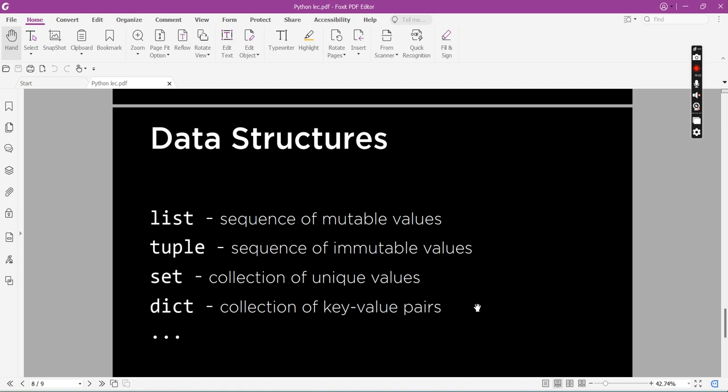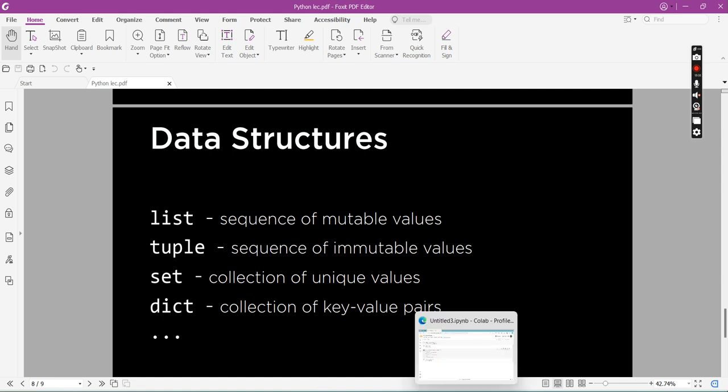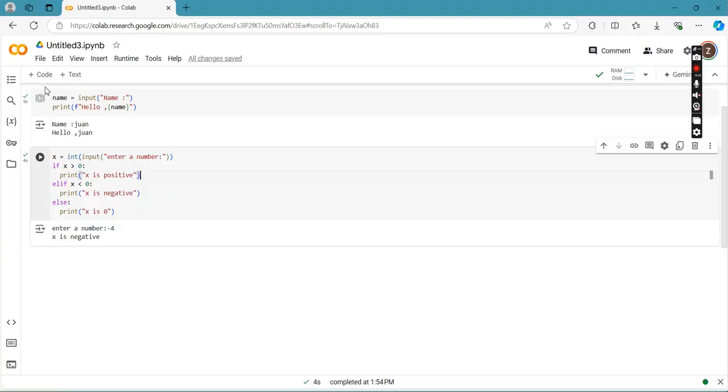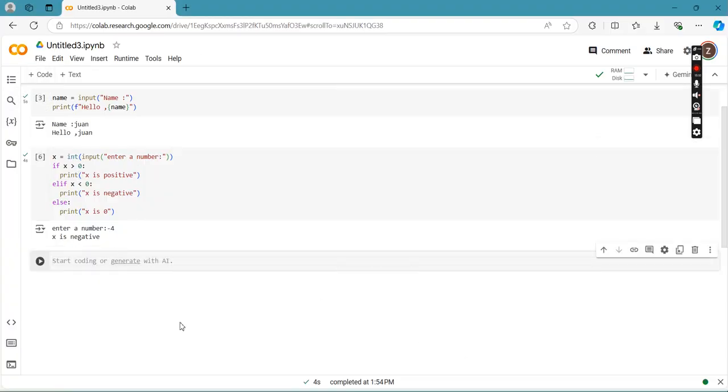Okay? So let's try to create a list in our Google Colab. So for example, I'm going to create a variable name.